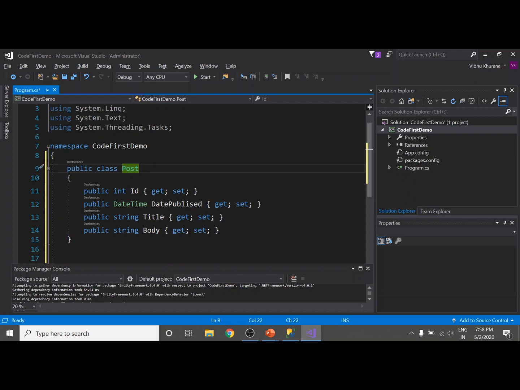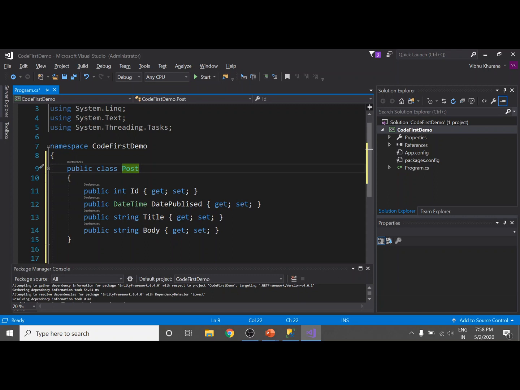But in this lecture I created it by hand. Now in companion to this class I also need a DB context. Do you remember DB context? It is an abstraction over the database that we use to load our saved data.